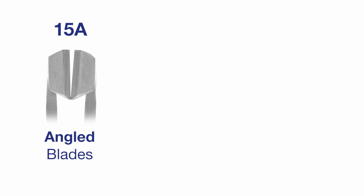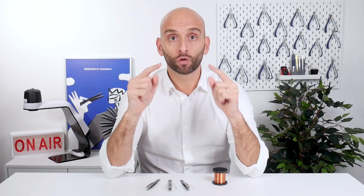The first model is a 15A with angled cutting blades. The cutting edge is limited to a very tiny area on the tips. This allows you to transfer all the flow force applied with the fingers to the tips to make a very